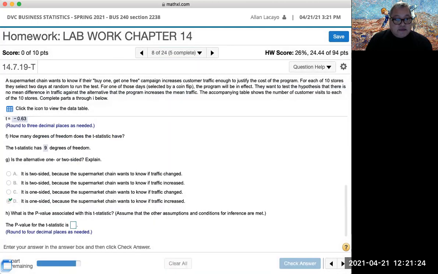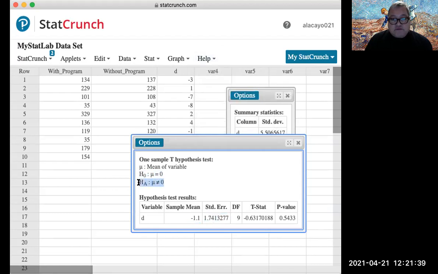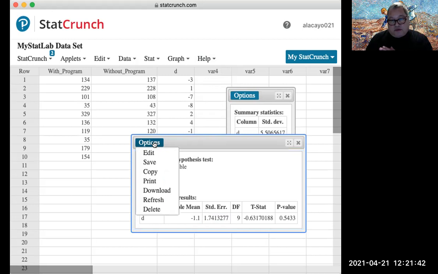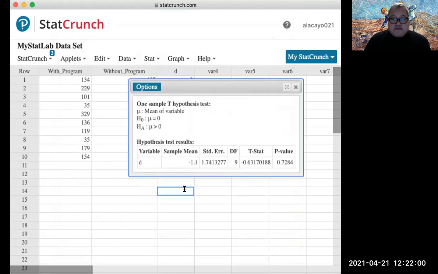And last but not least, I have to go back to checking for the p-value in the correct manner. Because here I tested the null hypothesis of 0 versus the two-tail version, where we could reject the null because the test is on either the greater than or the less than side. What we actually want to do is change the last part of the hypothesis test to say that we're testing equal to 0 versus greater than 0, an increase in activity as a result of the buy one, get one free. And in this case, the p-value is 0.7284,